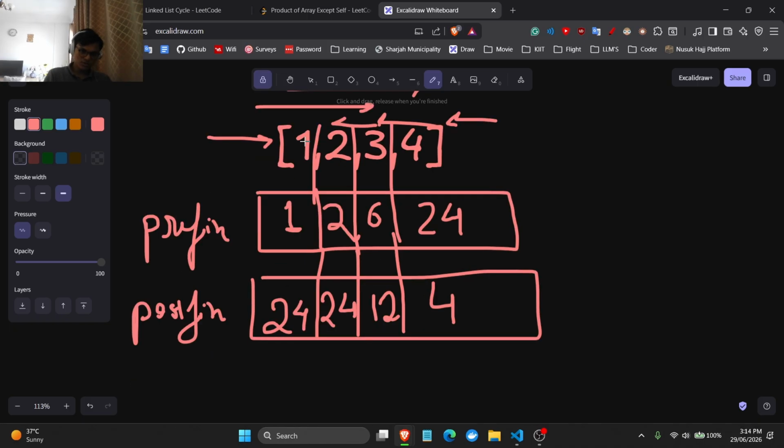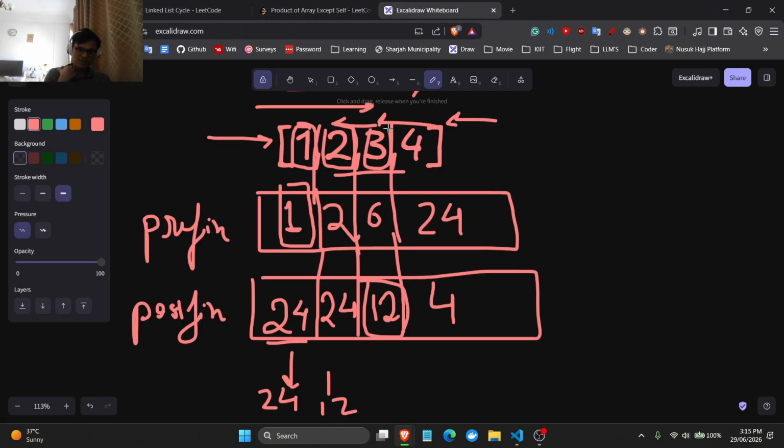Now let's say I want to figure out what is 1 without anyone. Well, it's pretty much 24, right? Because if 1 is not being involved, then it's 24, so I just write 24. If I want to figure out what is without 2, then I know this is what 2 has before it, and this is what this has after it, so I can write 12.